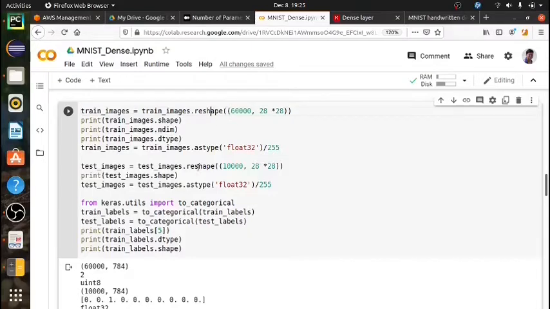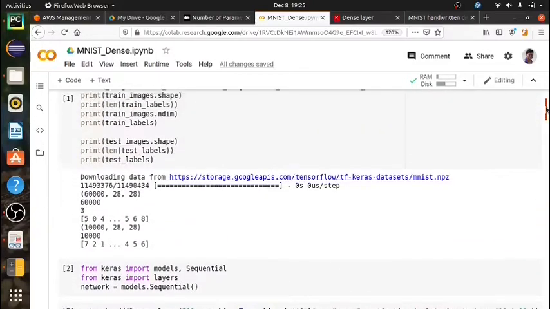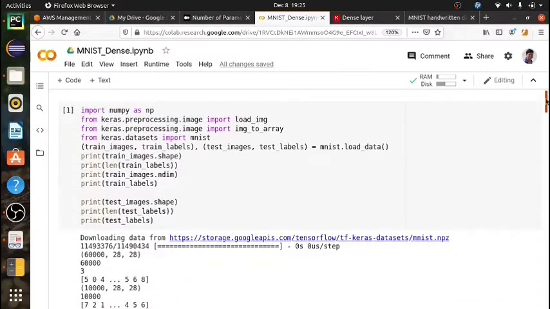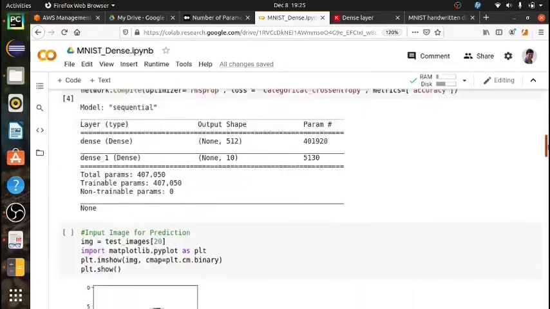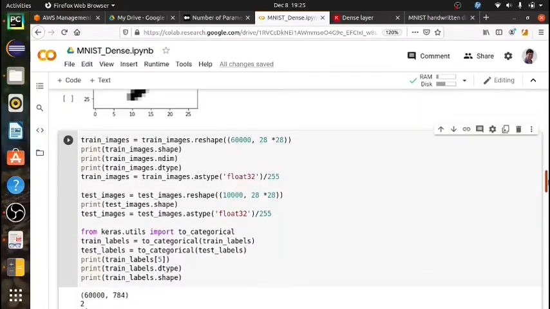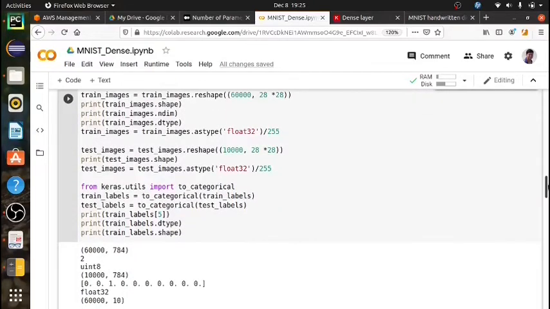Same is the case with train images and test images also. Also there's one more thing: our images are stored in uint8, unsigned integer 8, and we have to change that to float32, for the images as well as the labels.